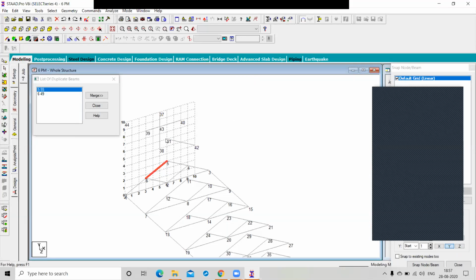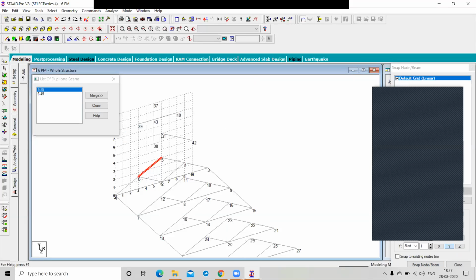This is node number 41, assume that this is your 0,0. It is moving 5 from this node on the x-axis, 1 2 3 4, and moving outside for the 5, that's why this is outside your grid, right? And in the y, from upward from the 2 here, so we are moving from this point, right? Understood or not?